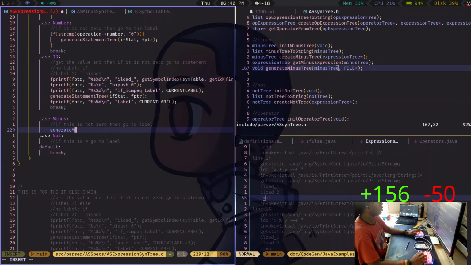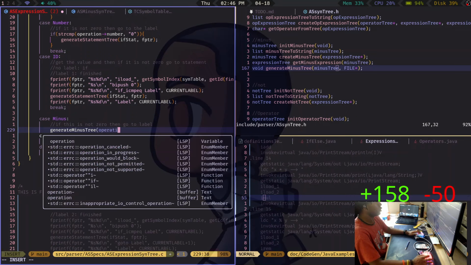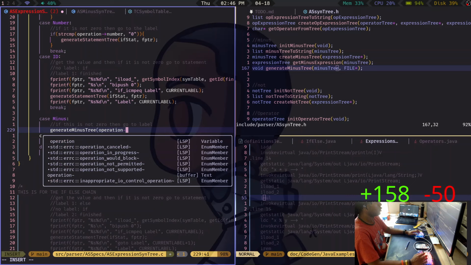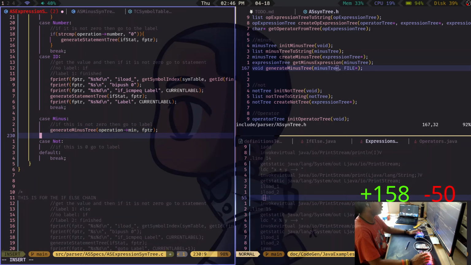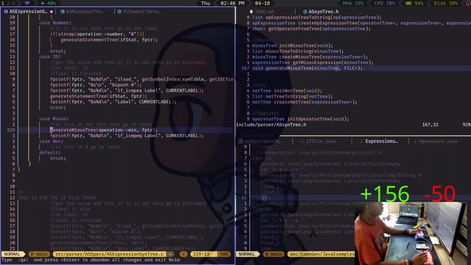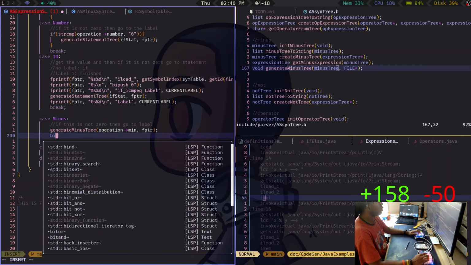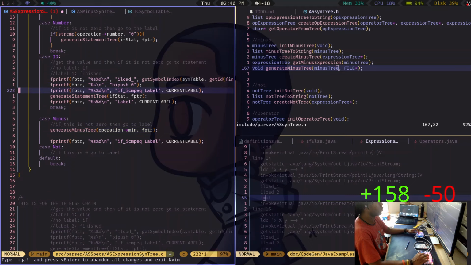And then here we can call generate minus tree, and it'll be operation, and then that pointer. And then we say printf. Oh, we need to push 0 first.